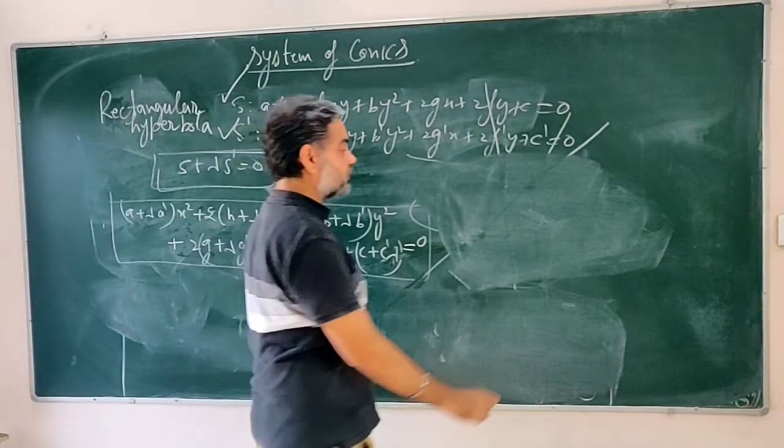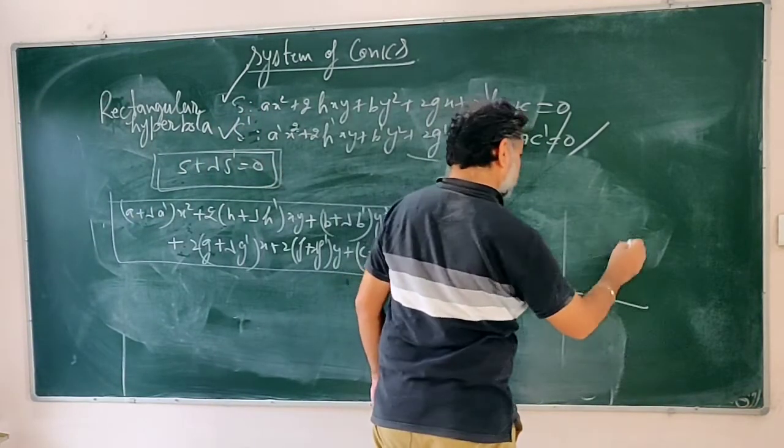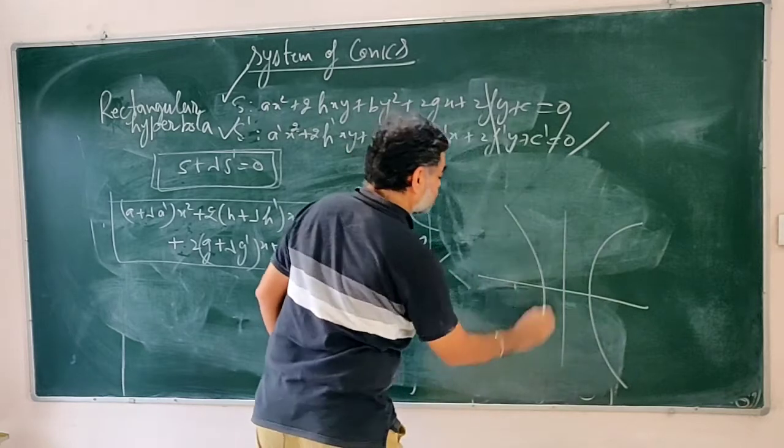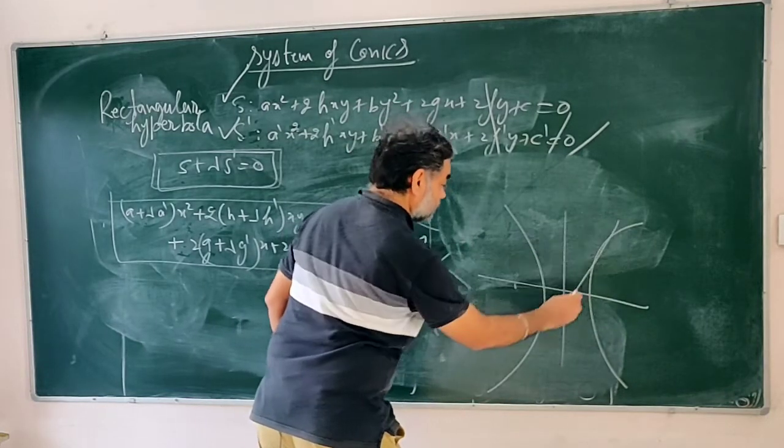Rectangular hyperbola means what? Rectangular hyperbola means that if you have a hyperbola like this, then you know that